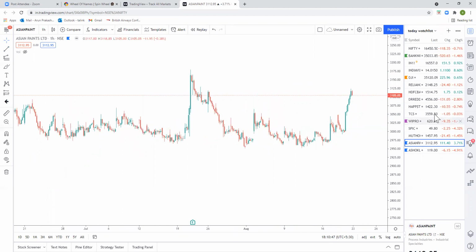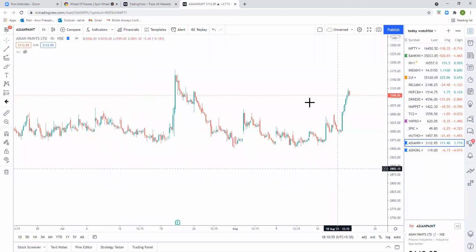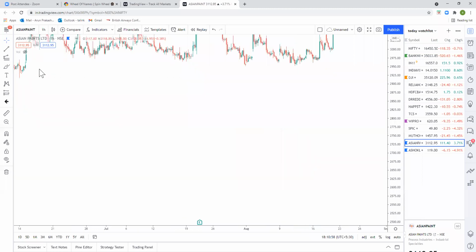Okay. So I just want to know if we are drawing a pattern, like say a channel pattern, should I check daily, weekly, or should I check smaller time frames like 1 hour or 4 hours also? Okay, so you are asking it from a swing trader perspective or intraday perspective? No, not intraday, swing trade. Swing trading. So the time frames which I'll advise you to use for swing trading is,